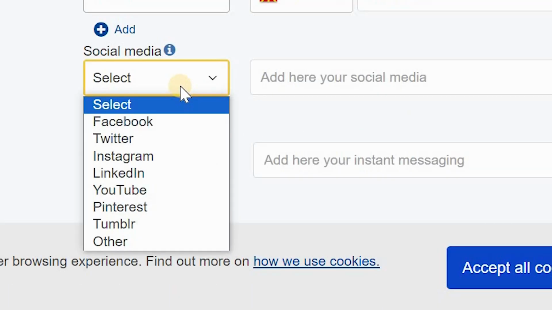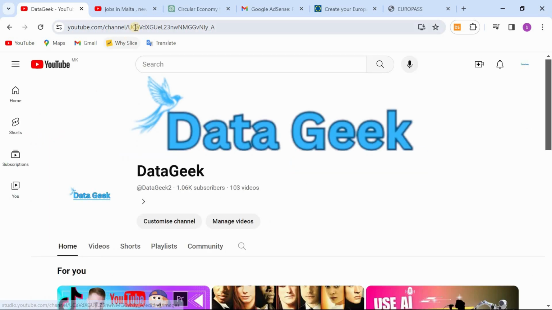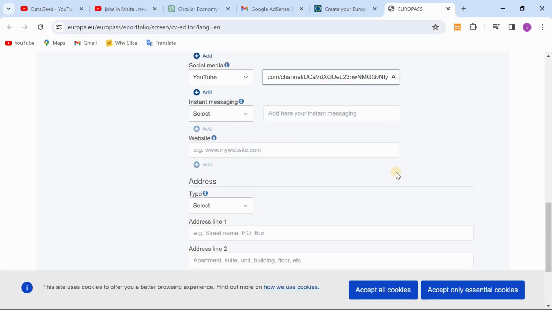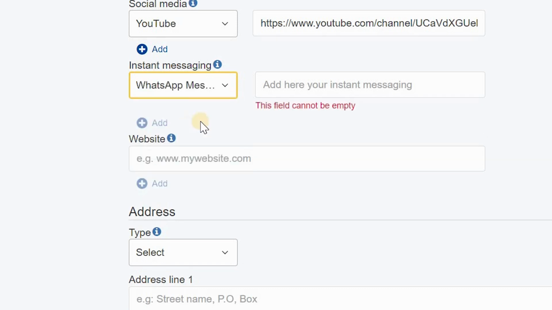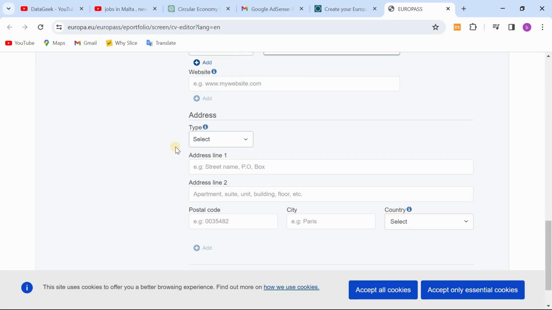The social media. Like I will select my YouTube here, you can select any social media site. After that, I will mention my WhatsApp messaging, your address,